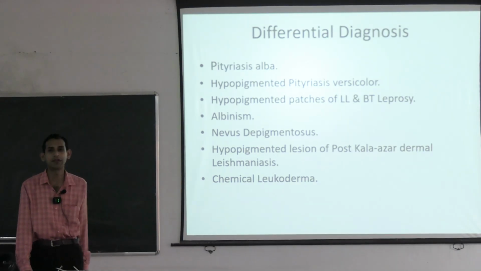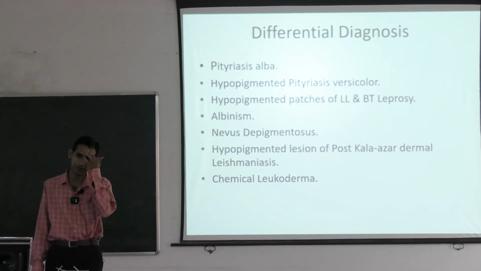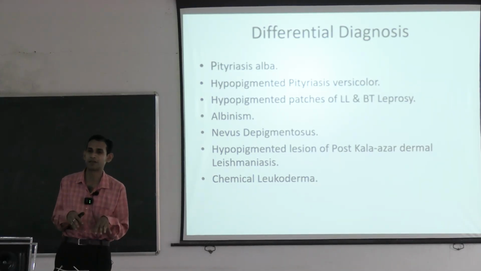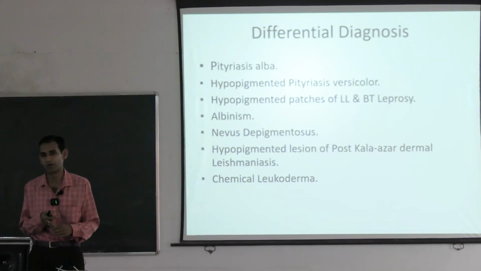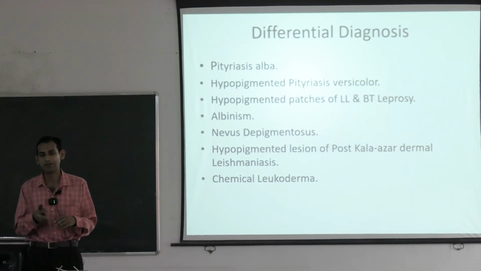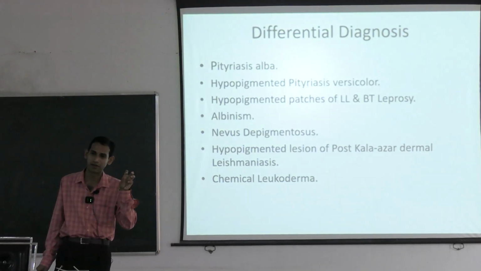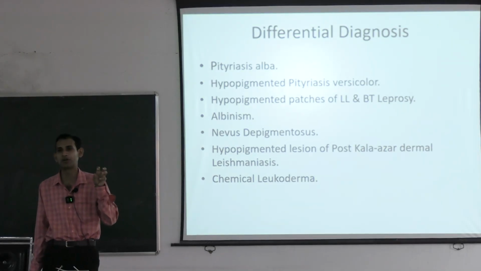And lastly, chemical leukoderma. What is chemical leukoderma? There are some chemicals, particularly used in bindis, sindoor or some rubber slippers, such as paratertiary butyl phenol or paratertiary butyl catechol, which can produce vitiligo-like depigmentation. But there is a patterned appearance of the depigmentation, presence of confetti-like macules, and itching is very severe in those cases, which helps to distinguish vitiligo from chemical leukoderma. Also, there is a history of repeated use of the particular chemicals.